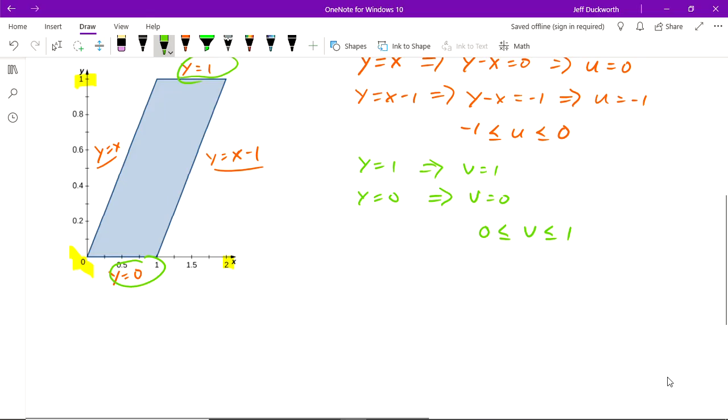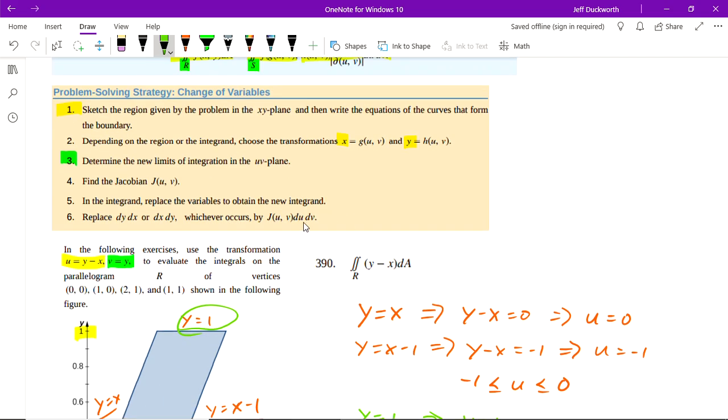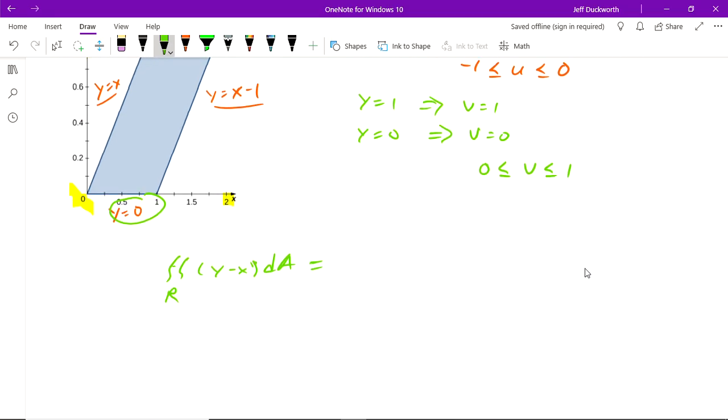So what that's going to give us now is our integral over the region R of, we're given y minus x, and then it's dA, right? So we're going to do the v on the outside and then the u. If you look above, we're going to do it as du dv, so our u will be in the middle. So our first one will be the v values. So this will go from 0 to 1, and again, this is the v. Our u goes from -1 to 0,